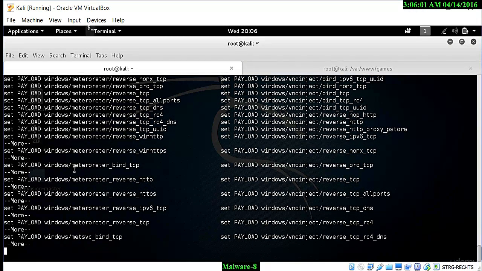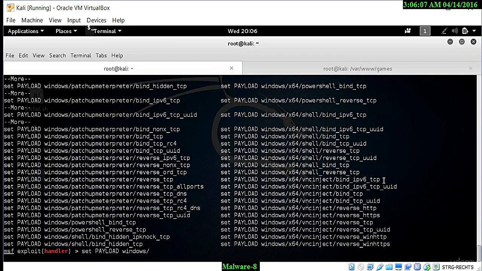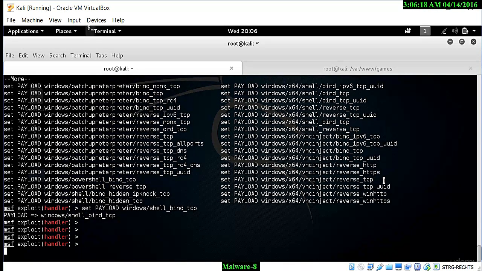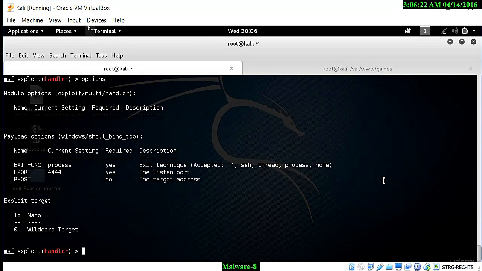I'm not going through all the options right now. We simply want to use the shell bind TCP one, and let's go in and make sure that's working. windows/shell_bind_tcp. Now all I need to do is select options, and you will see here it has the process, it